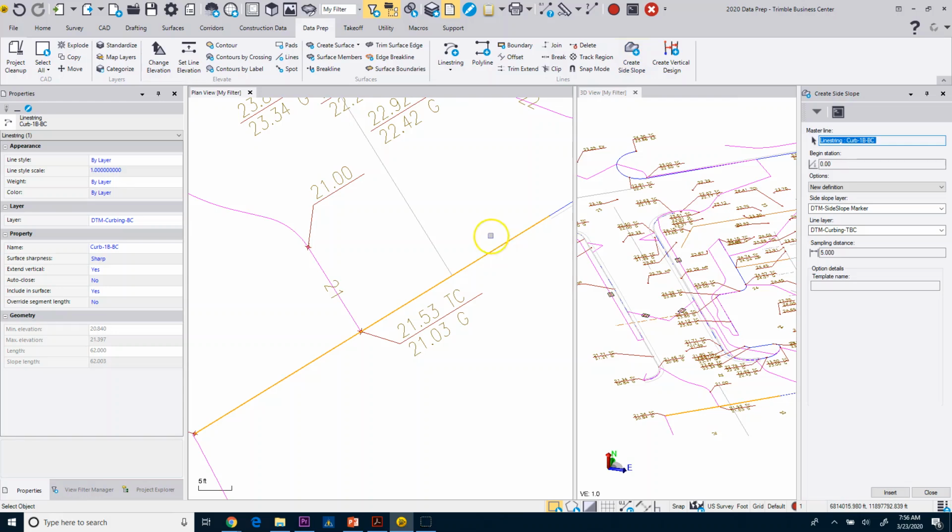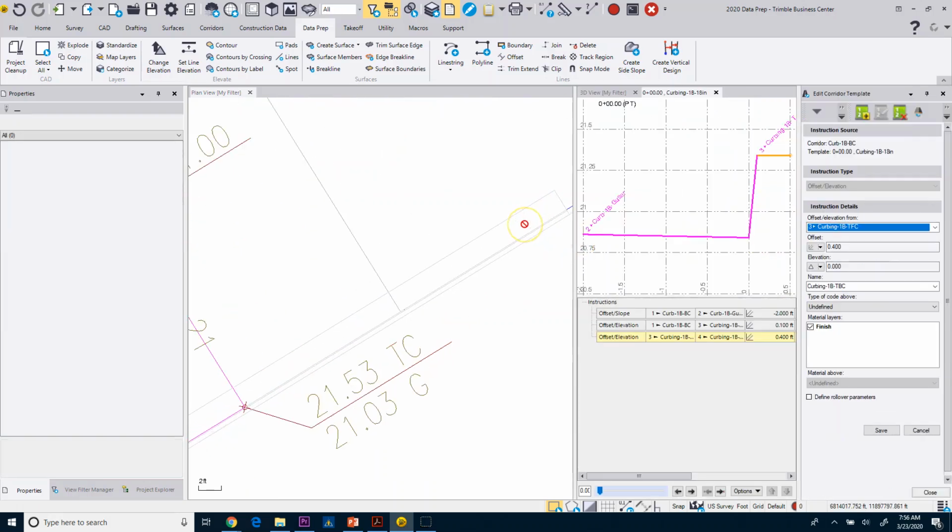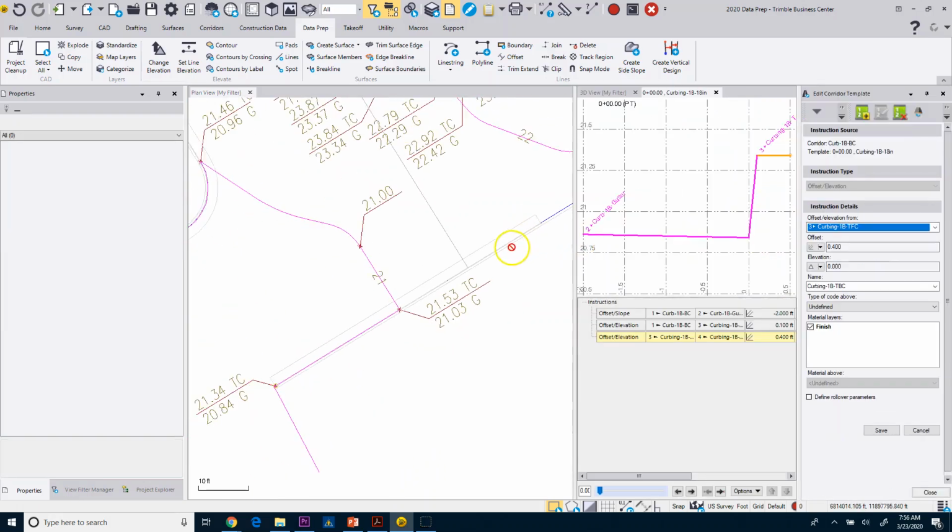Now, when we look, we want to make sure we look at our plans, because our plans actually calls for an 18-inch curb and gutter here. So what I'm going to do here is I'm going to do a copy definition. I'm going to keep everything the same, but I'm going to call this curbing dash 1B dash 18 inches. And I'm just going to pick this one here, and we'll go ahead and insert that. And now you can see that we've got that one done for that 18 inches